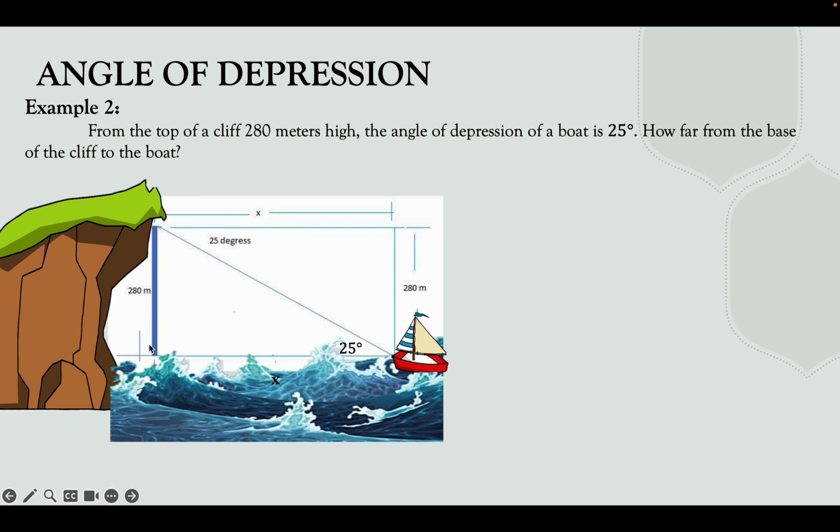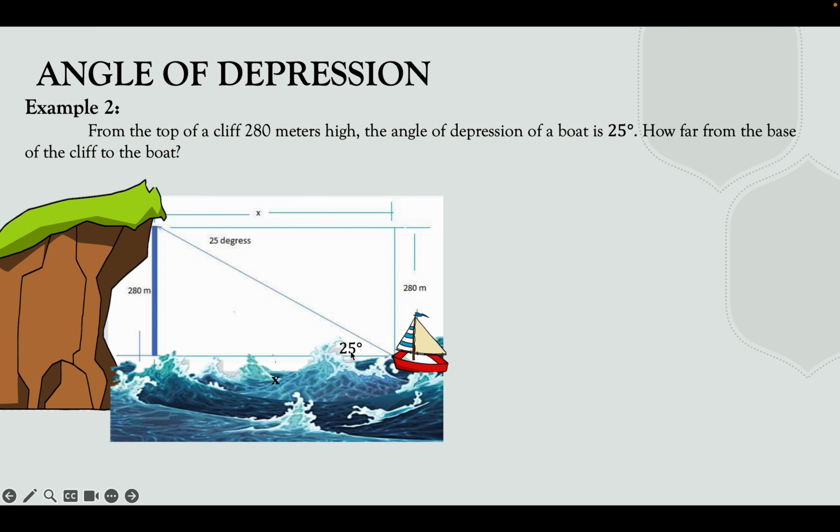So the height of the cliff is 280 meters. And the angle of depression from the top of the cliff to the boat is 25 degrees. And the question is, what is the distance from the base of the cliff to the boat? So since here we have the angle of depression 25 degrees, again, since angle of depression and angle of elevation are congruent by the theorem of two parallel lines cut by a transversal line, that means we can use this angle here as our reference angle in finding the distance from the base of the cliff